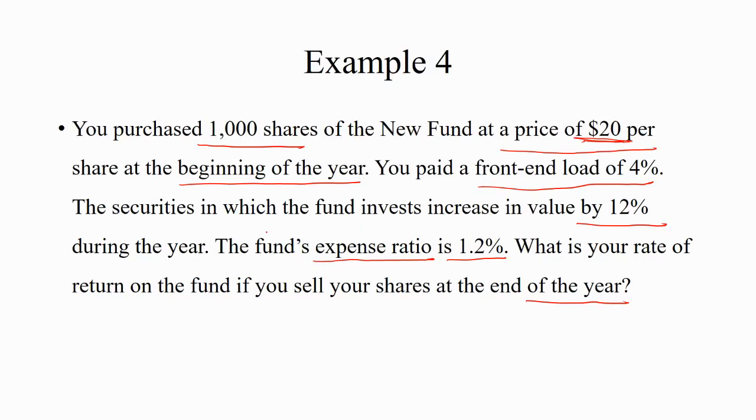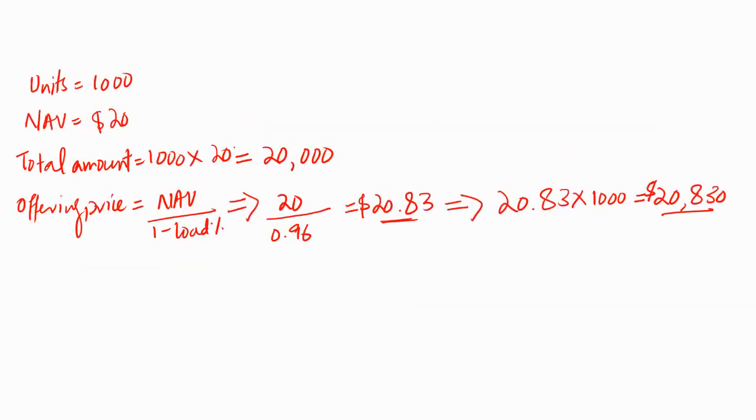The question says that securities in which the fund invests increase in value by 12%. So the invested amount by the RIC is 20,000. Remember, we do not have to consider 20,830 as the invested part by the RIC. This is the amount which the investor has paid. So after the exclusion of the 4% front-end load, the RIC is left with 20,000 which needs to be invested in different securities. So if 20,000 is increased by 12%,